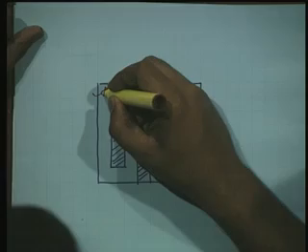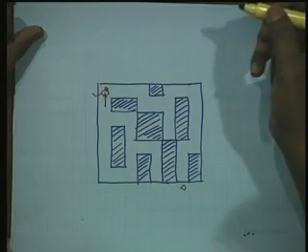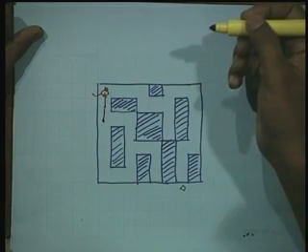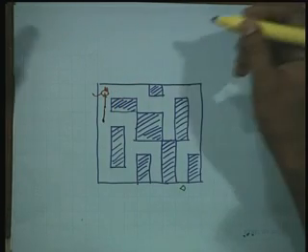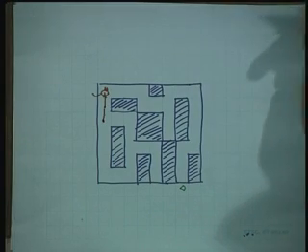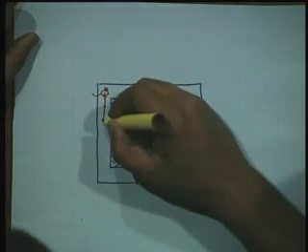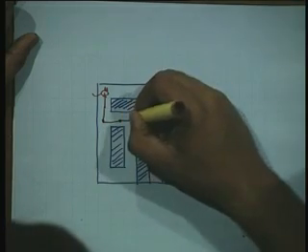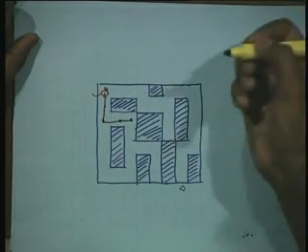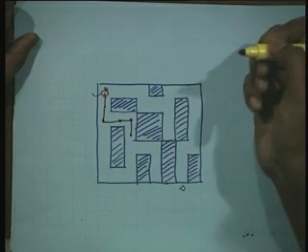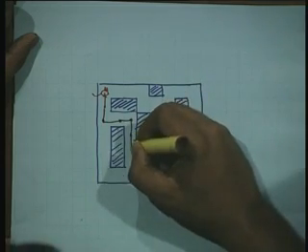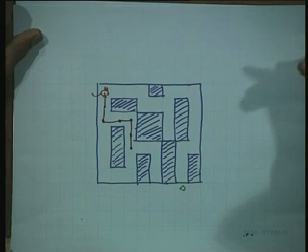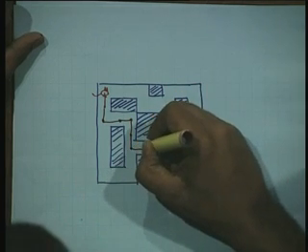So, let us say it started from here and it went down one step and it did not find the cheese. So, it came down another step, not yet. Let us say it decided to go right. Why? I do not know, it just decided to go right. And then it moved another step, and at this point it can only go down. So, it went down. And again it came down here, and let us say whenever it has an option, it always goes right. So, it goes right again.